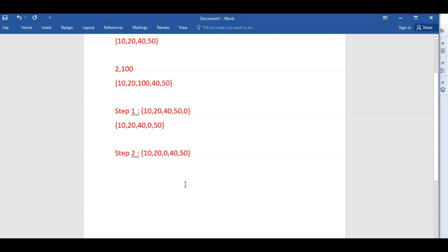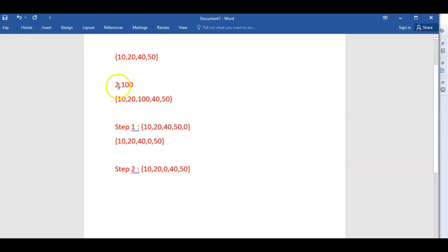Now the array index came to this position. We need to check whether it is greater than location. What is the location? 2. Is this 2 greater than the array index? No. So at this condition, it will come out of the swapping part, and we need to put the element. So just say array of i equal to value.